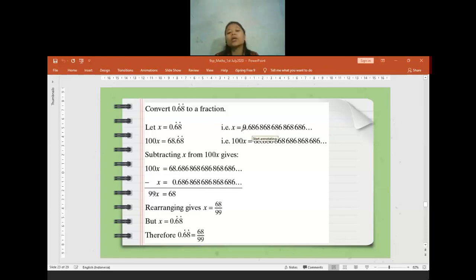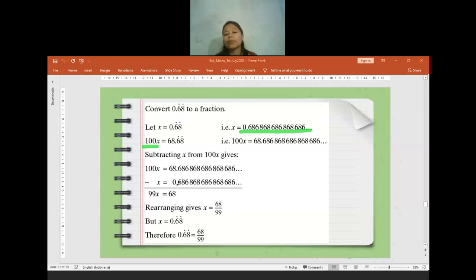It will be easier if you just make it into a long decimal. So 0.6x, 6x, 6x never stop. And you need to write the 3 dots behind. It means the decimal will never stop. Because there are two digits that are repeating, I need to find the 100x. To find the 100x, I just need to multiply the 0.6x, 6x, 6x by 100.